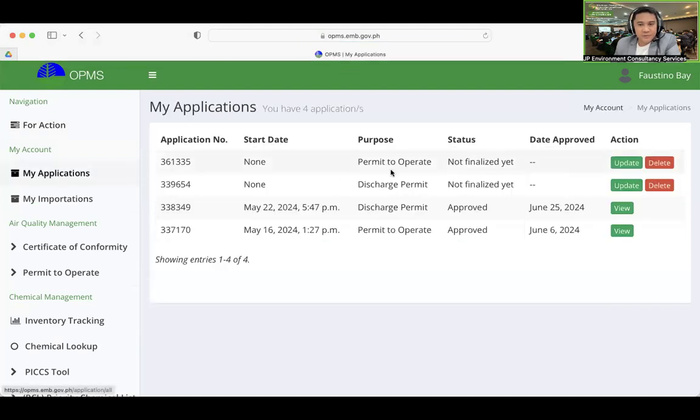Now, the application for discharge permit and its approval will take about 30 working days. And once our application is approved, you can download the copy of the certificate or the discharge permit in the system.